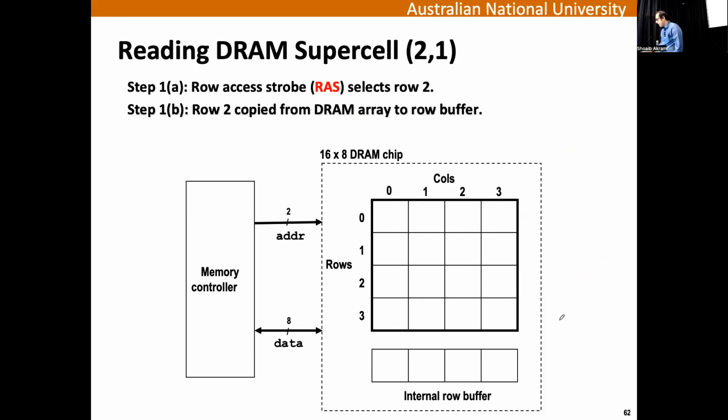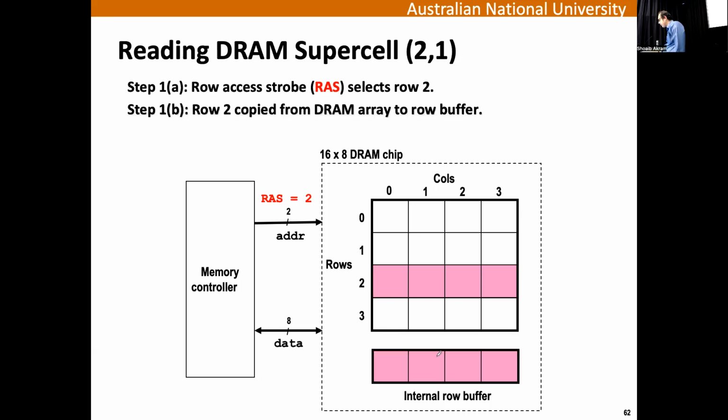So we first send what we call the row access strobe. Strobe is like a flash, just a quick signal. We send the row address strobe. With 2 bits, we can access 4 rows. So I'm saying second row, it's actually the third row, row address at index 2. After that, we send another strobe. Okay, we read the entire row